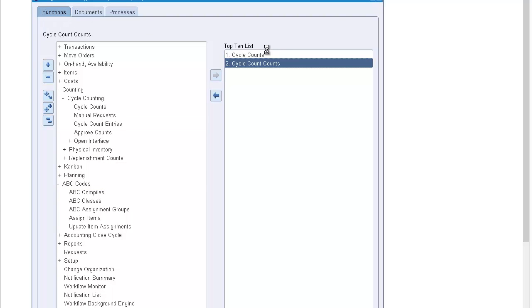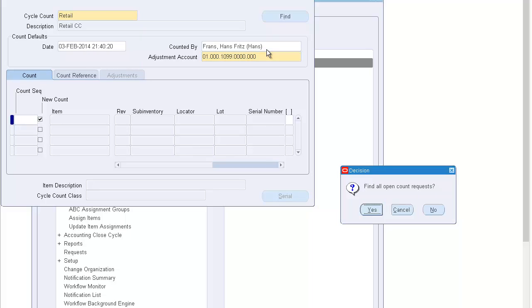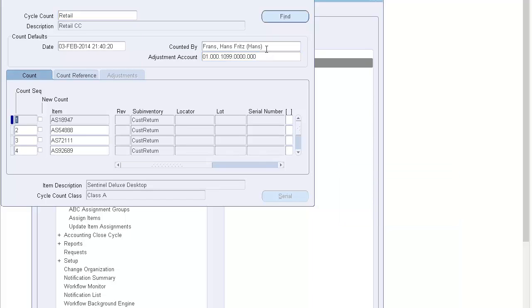You can go here and search for your cycle count header, find. It will find all open requests, say yes. Open means not counted. So you see the first item, it says sequence number 1. This matches with the report. This is under the customer subinventory. The report is saying you counted, let's say, 100. So I'm going to punch in 100 here, and I keep doing it for the entire listing, which is 477